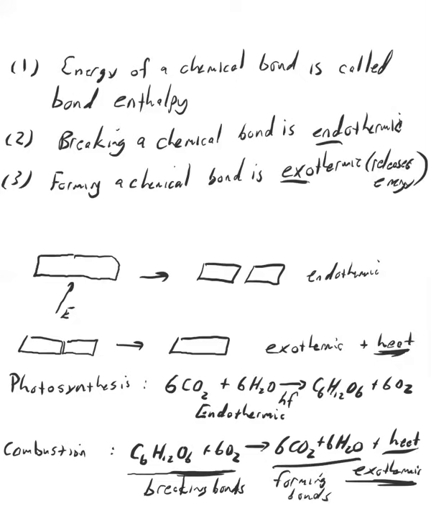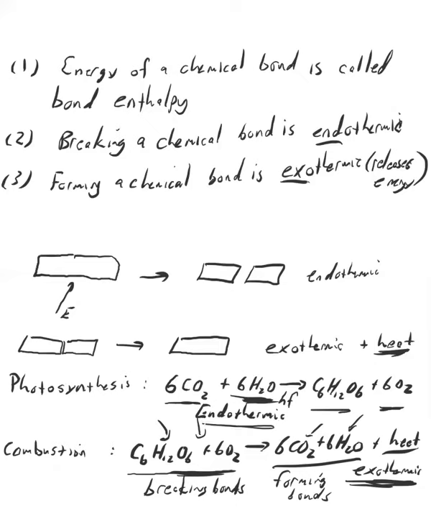And if all the bonds that you form, all the carbon-oxygen bonds and oxygen-hydrogen bonds, are stronger than the bonds that we broke, then that process will be exothermic. Likewise, if the bonds that you're breaking are stronger than the bonds that you're forming, then that process will be